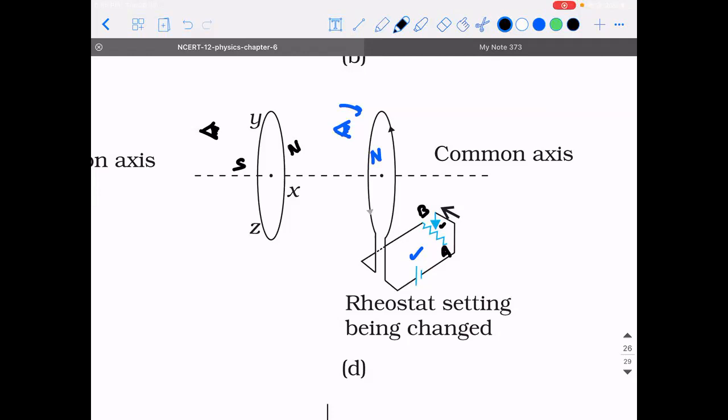I repeat it. Take your right hand, keep it on the paper exactly perpendicular to it so that you're able to see only your forefinger. Now, with respect to that vision, turn your right hand in the clockwise direction. So you'll be able to see the lines on your palm. Yes, sir. So that is what you're seeing here. So what will be the direction of current since it is south pole? Sir, clockwise. Yes. So YXZY. That's it.